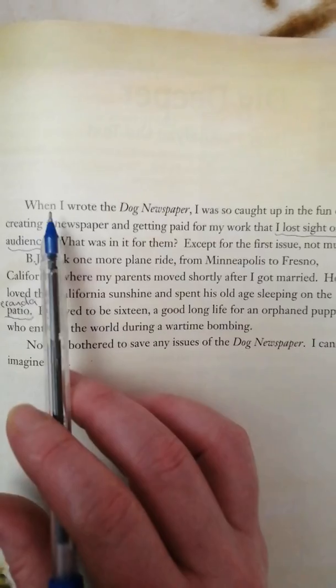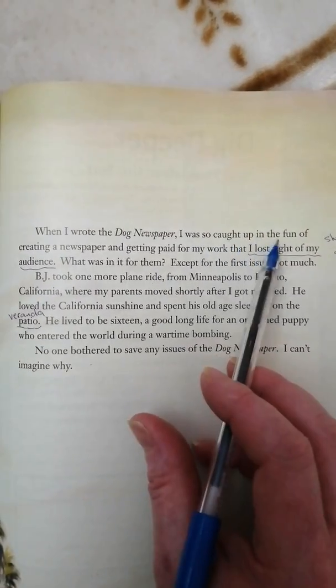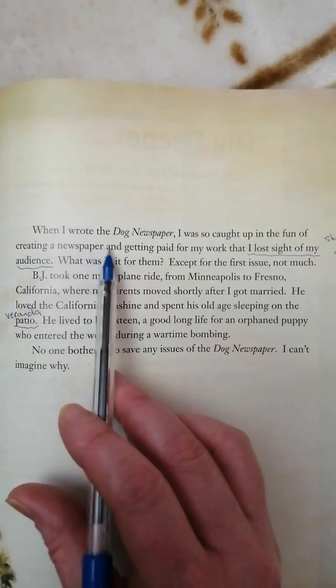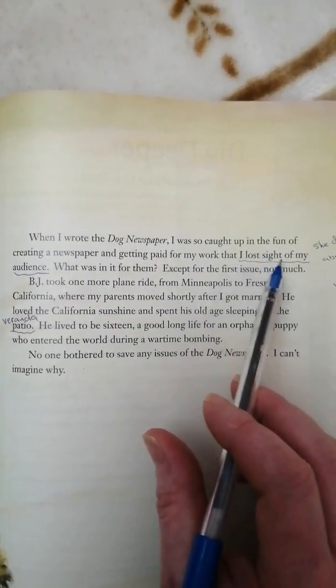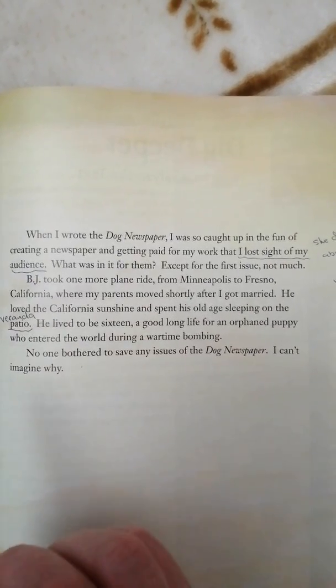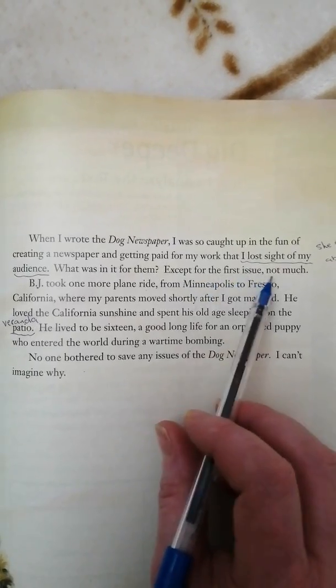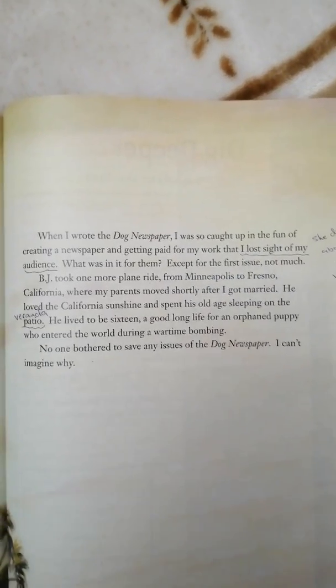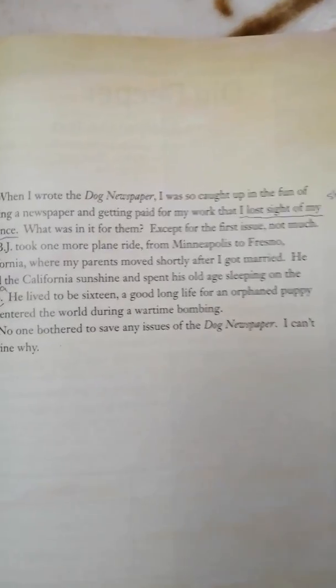Okay, now when I wrote the dog newspaper, I was so caught up in the fun of creating a newspaper and getting paid for my work that I lost sight of my audience. What was in it for them, except for the first issue? Not much. In her opinion, when she was thinking about writing a newspaper, the only goal